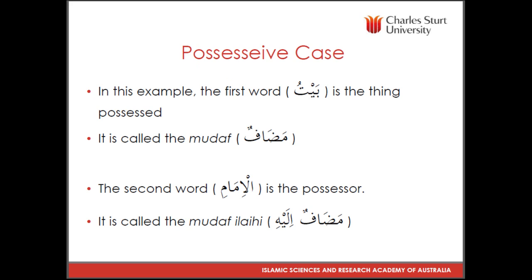Baytul Imami. This is another example. In this example, the first noun is the thing that is possessed. What does it mean? The thing that is possessed. So, Baytul Imami, the house of